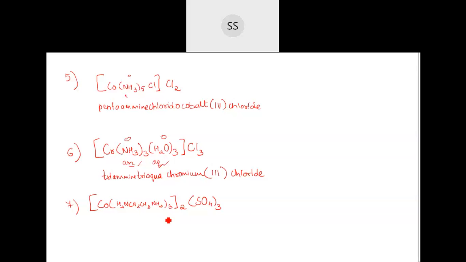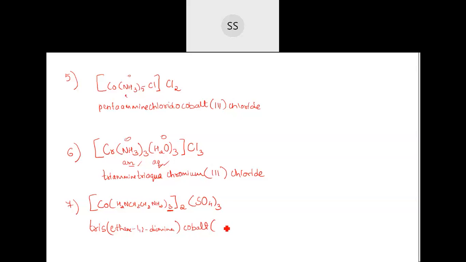Very good. Correct, correct. So here, see, it's a bidentate ligand. So already di is used, so you are going to use some other prefix. For 3, it is supposed to be tris. So you will be using tris, and then you will be writing this name. And you know this particular ligand is ethane-1,2-diamine. So you write ethane, then 1,2-diamine, then followed by the name of the transition element, that is cobalt.